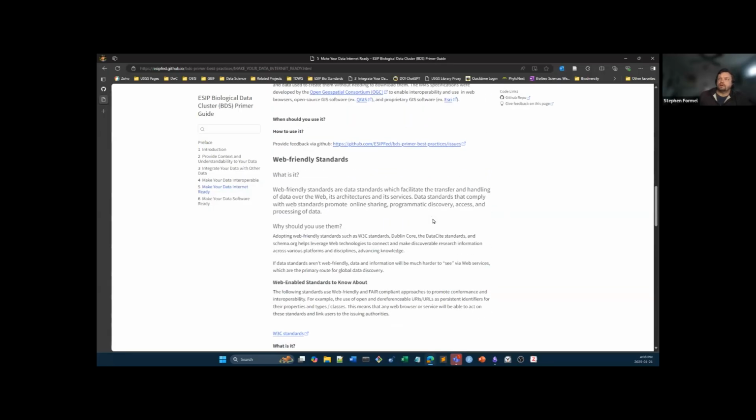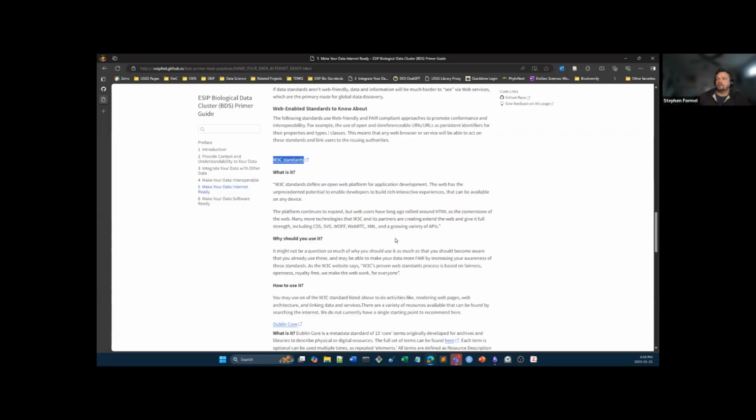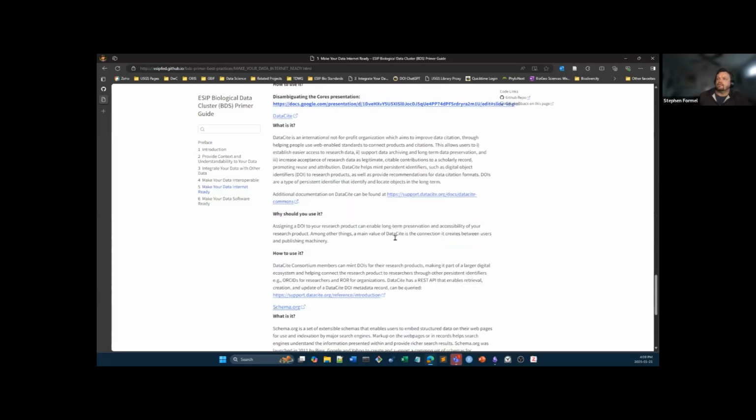We then also landed on the point where we said, oh, actually, we should talk about web-friendly standards. So there is, I'm going to mess up this name, the W3C, which I can never remember what that stands for, the World Wide Web Standards. Is that what it is, I think? In any case, I think this is a place where we could probably use a lot more meat, a lot more substance from our crowd. So please feel free to jump in there.